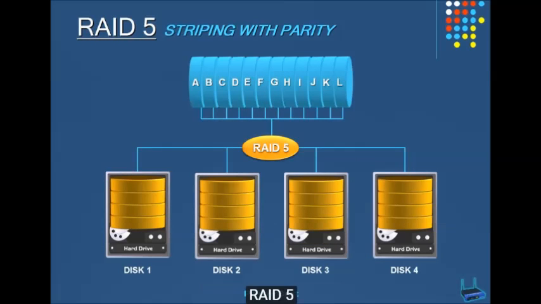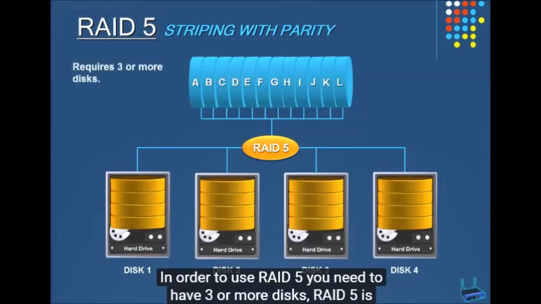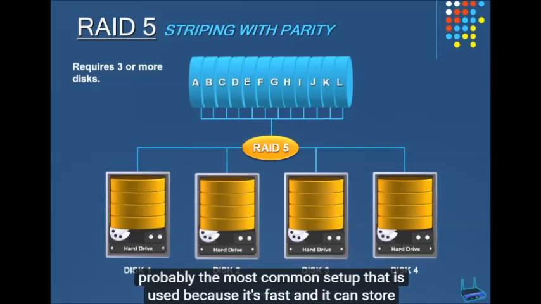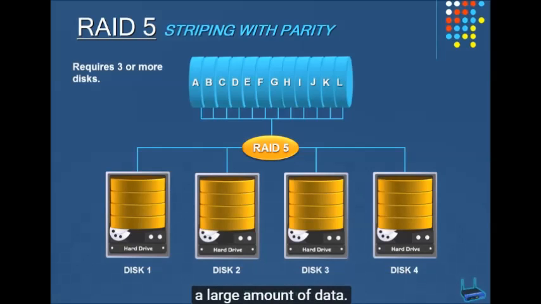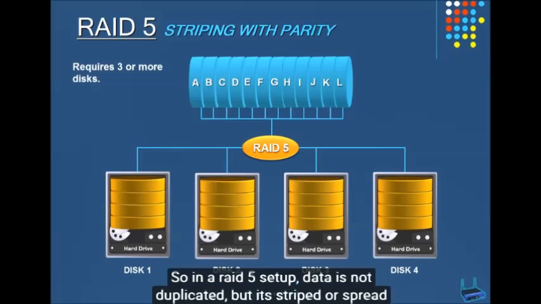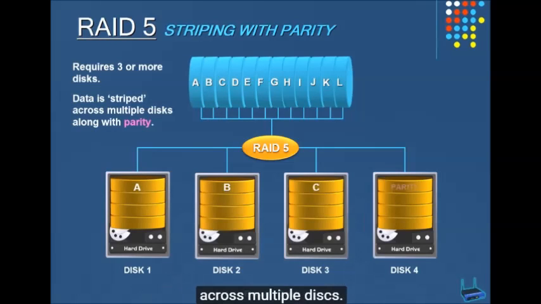Next, we'll talk about RAID 5. In order to use RAID 5, you need to have 3 or more disks. RAID 5 is probably the most common setup that is used, because it's fast and it can store a large amount of data. So in a RAID 5 setup, data is not duplicated, but it's striped or spread across multiple